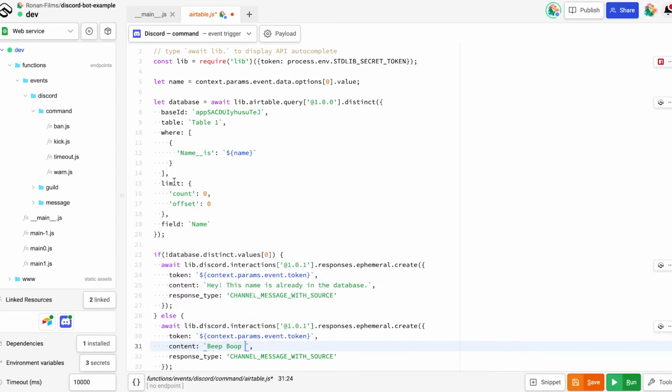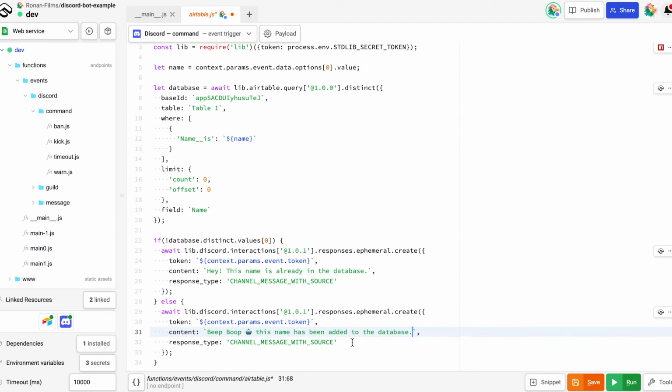Beep boop. This name has been added to the database. Like that. Really simple. Now, if you want to be fancy or whatever, you could do up here,